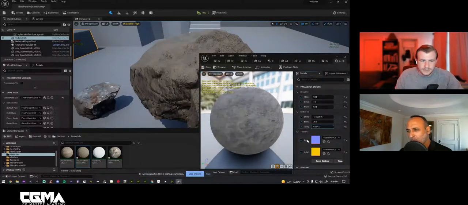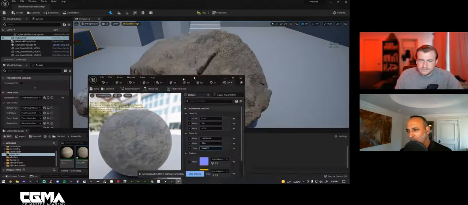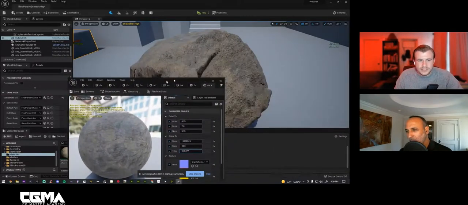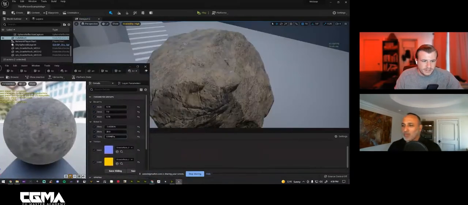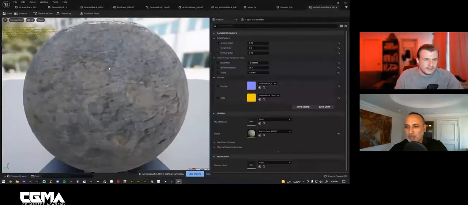Okay, I see the result. There we go. So now we're starting to get that granite texture going. So let me do one thing,